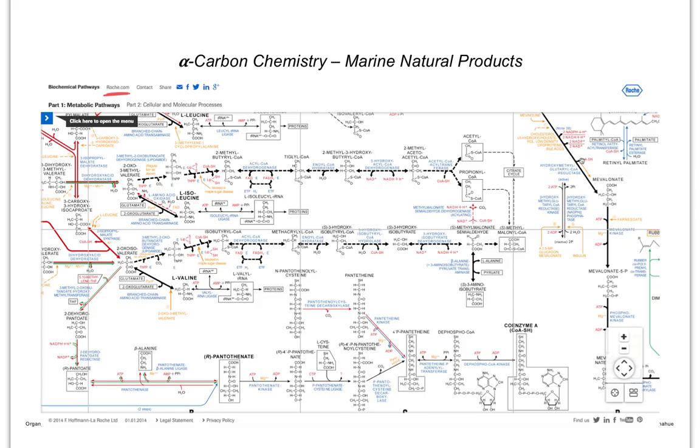And basically when you follow these metabolic pathways, you're tracing where carbon atoms are included or incorporated. And then there are steps that do oxidations, reductions, or even excise them. So for example,